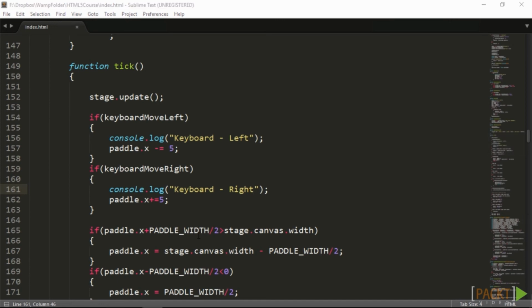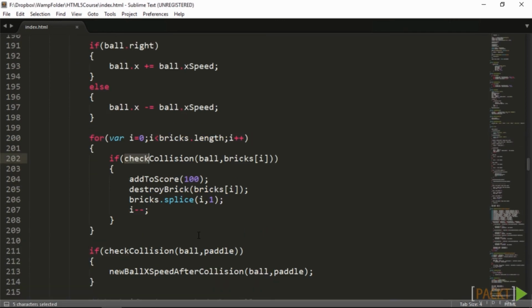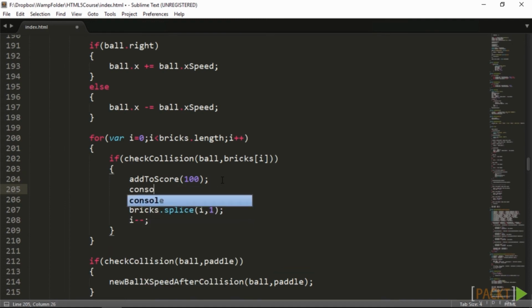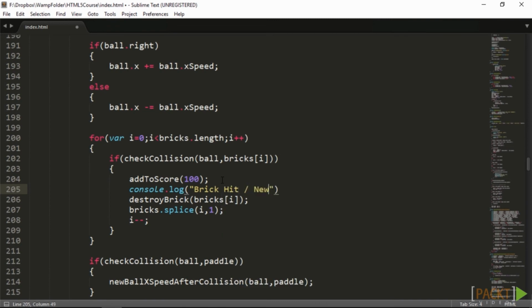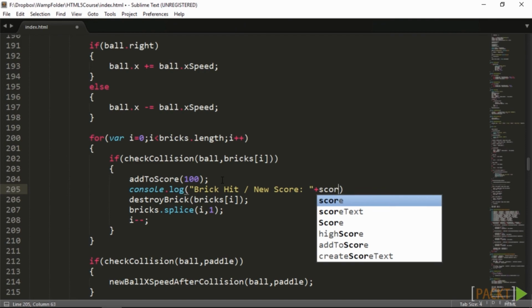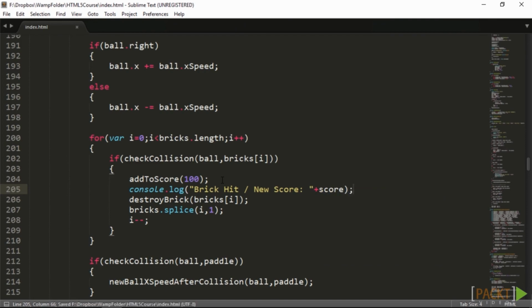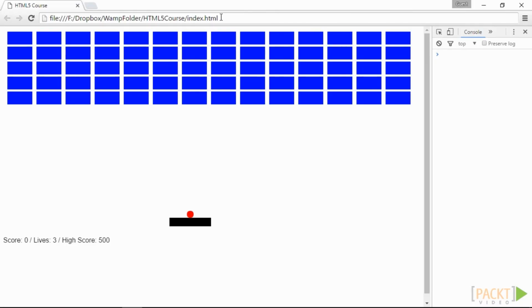Last but not least, we'll go to the check collision, and here, right after we add 100 points to the score after the ball collided with the brick, we write to the log that the brick was hit and the new score equals the score variable. Now, if we refresh the game and I start using the keyboard, you can see that